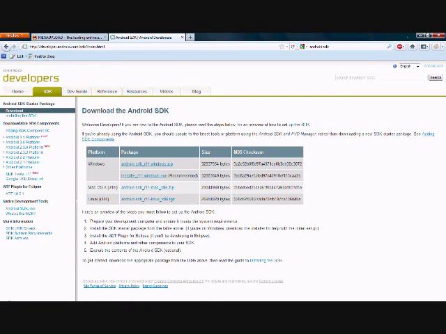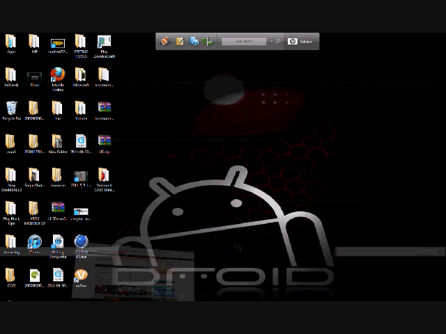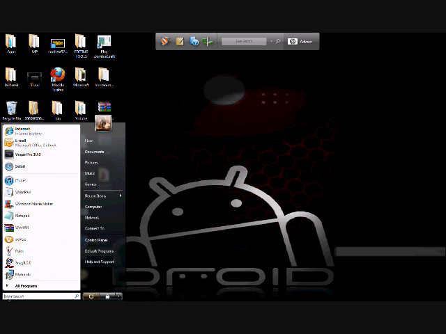It doesn't matter which one you download. I downloaded the first one and it worked fine. This is a Windows tutorial, so I'm going to be downloading the Windows one, which I already have. And after that, you're going to download droid2root.rar, and I'll leave a link in the description for this one because it's on Mega Upload. I think you can just type it in too; it'll be the first link. But once you have that, you download them both, locate them, and now we're going to be working with the